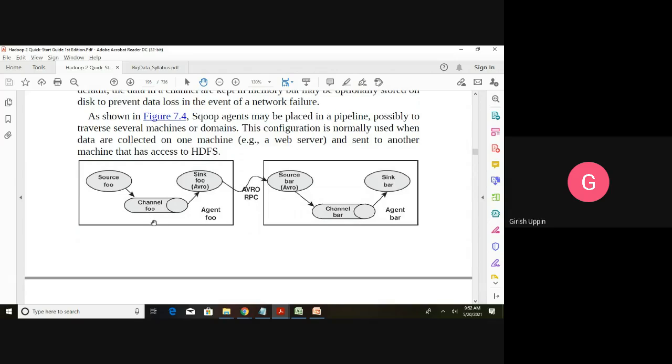The source is putting the data into the channel, then it goes to the sink, and this is connected to another agent. So this sink will provide the data as a source to the source of the next agent, and that data is moved to the channel and sink, and then this sink will put the data into any destination, HDFS or local file or any other agent.